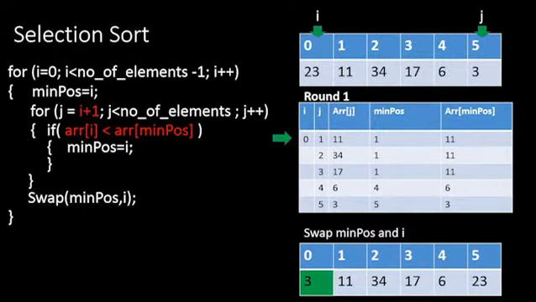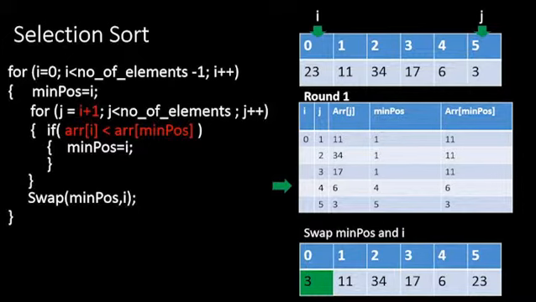The table for rounds tracks the value of j, array contents at the jth position, the minimum position, and finally the minimum value. We will assume the min position is 0 and the minimum value is 23. But as soon as j becomes 1, we realize that 11 is smaller than 23, and we will remember the min position as 1. Now, as j moves to positions 2 and 3, you will notice that the minimum value is unchanged at 11.